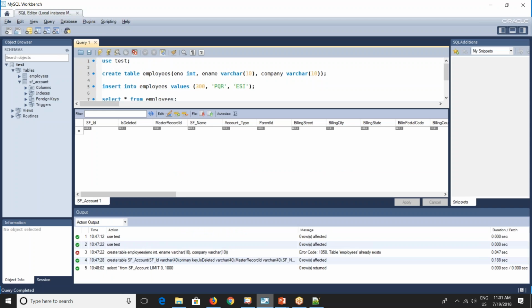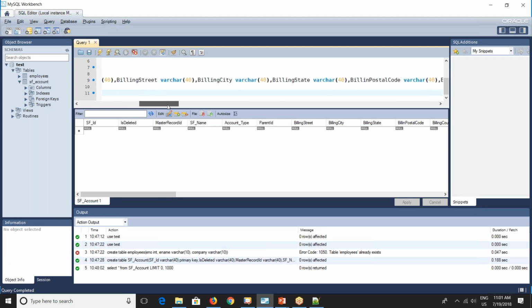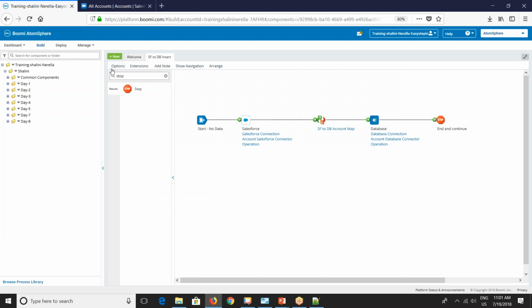And if you see here the profile, so we have created here, right? And you'll see description. So see here, description is varchar of 40. So if the data is more than 40 characters, then you are getting this error, data too long, right? So for that, what I can do, I'll just go and provide the data,